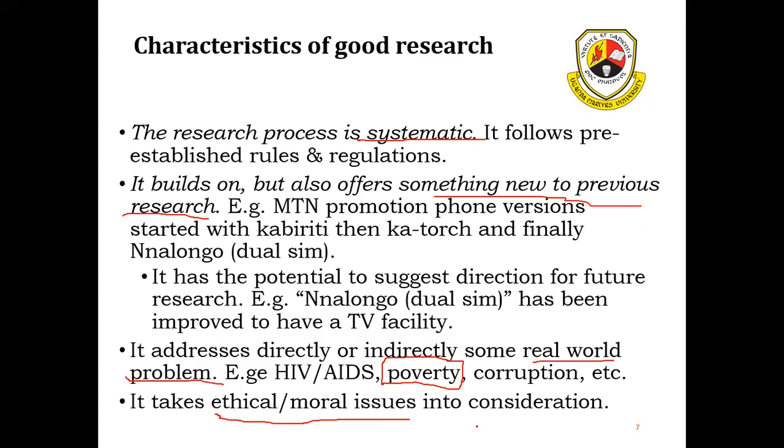Maybe for you, as ICT people, that may not be an issue, but for people especially who are dealing with human subjects and maybe sensitive issues, for example like HIV/AIDS, mental health, things that may be controversial, like let's say prostitution and so on and so forth, or issues of rape, those are very controversial.